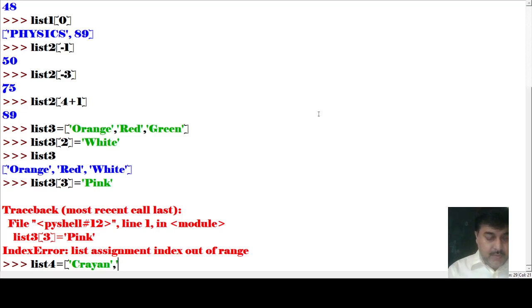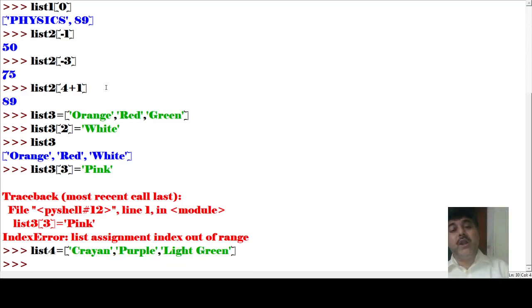Then I am giving purple, PURPLE, purple. After the purple, suppose I am giving here LIGHT GREEN, light green. Suppose those are the 3 color names I have given.